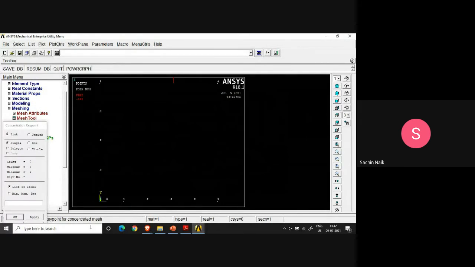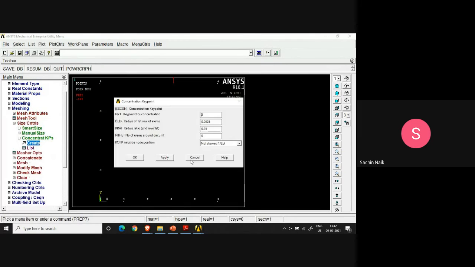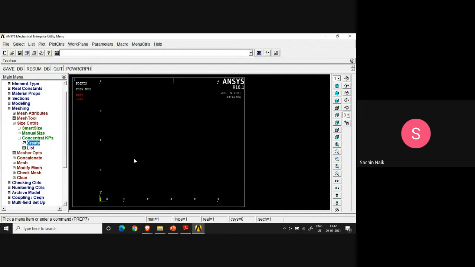So I go to this key point, and then once that is done, I say okay. Here you must note that not skewed means the internal node will remain at half the length, whereas we want it to be at the quarter point. So you have to choose the option skewed to quarter point, and okay. This I had forgotten. Because of this, the mesh was not seen like a quarter point mesh.